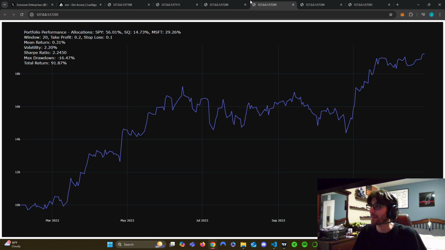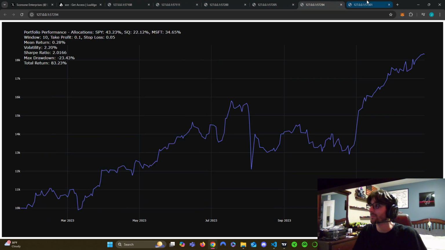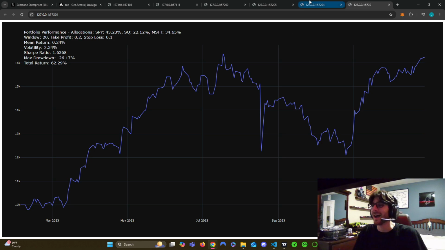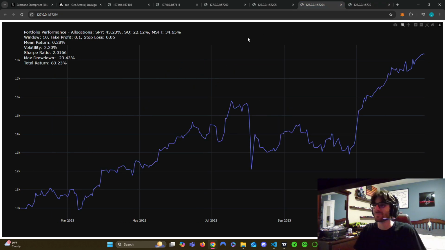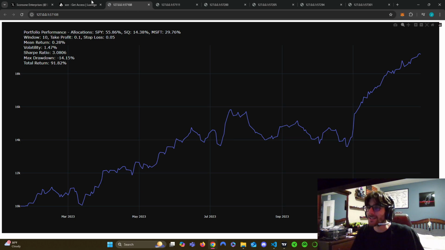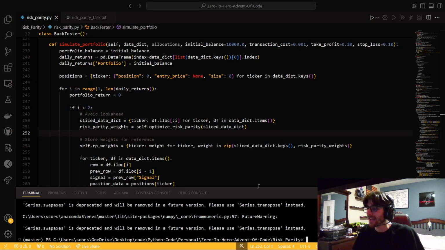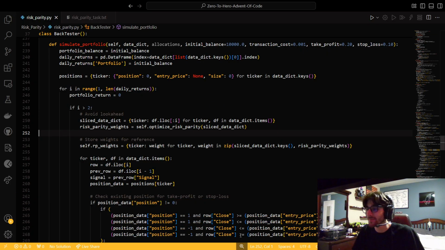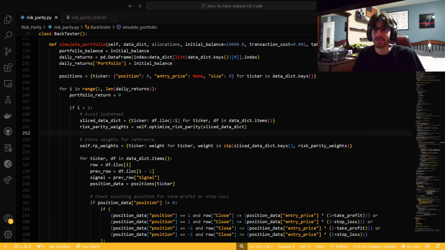Because it's a simple add, right? It didn't take me that long to add it, but it is very helpful. And in our crash, it actually does allocate more to Square because Square is a mean reversion strategy. So when it goes down, Square will hold up better, which I think is just so cool. This is the stuff that gets me giddy. But yeah, that's pretty much all to add risk parity to our backtester. You just have to ensure you don't fall victim to look ahead bias